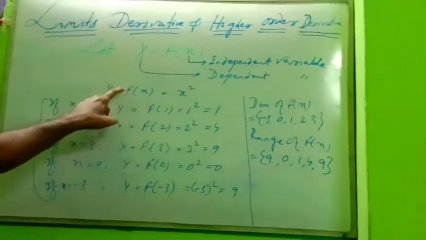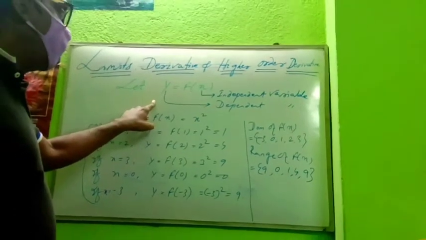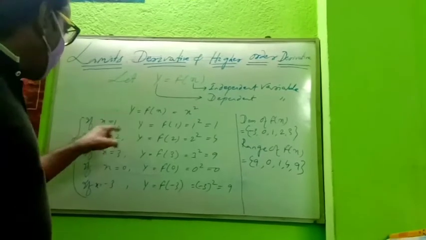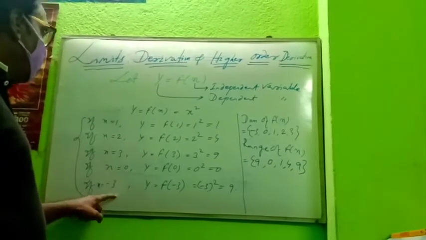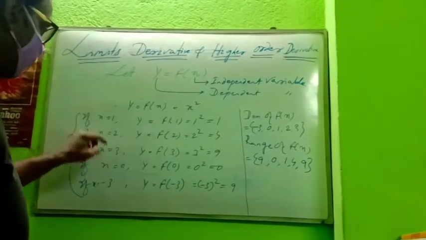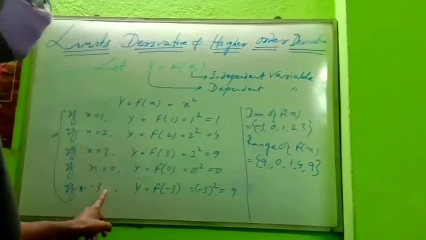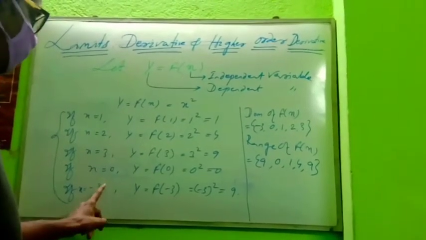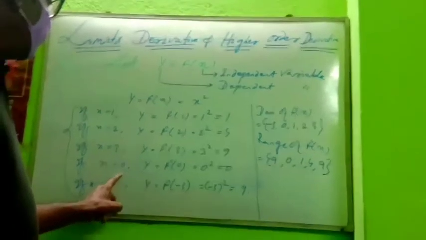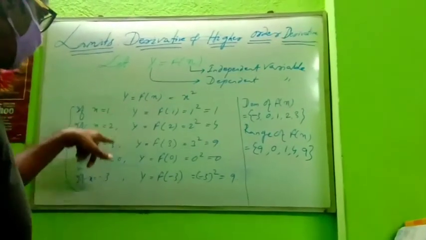It is a function: y is a function of x, x is the independent variable and y is the dependent variable, because the value of y depends on x. Whatever value of x you are putting, on that basis y will change. The value of x that you have selected or given is called the domain of x, for which the function will exist. Domain means the values of x that are allowed. So it is clear what domain is? The values of x that you have taken are called the domain.